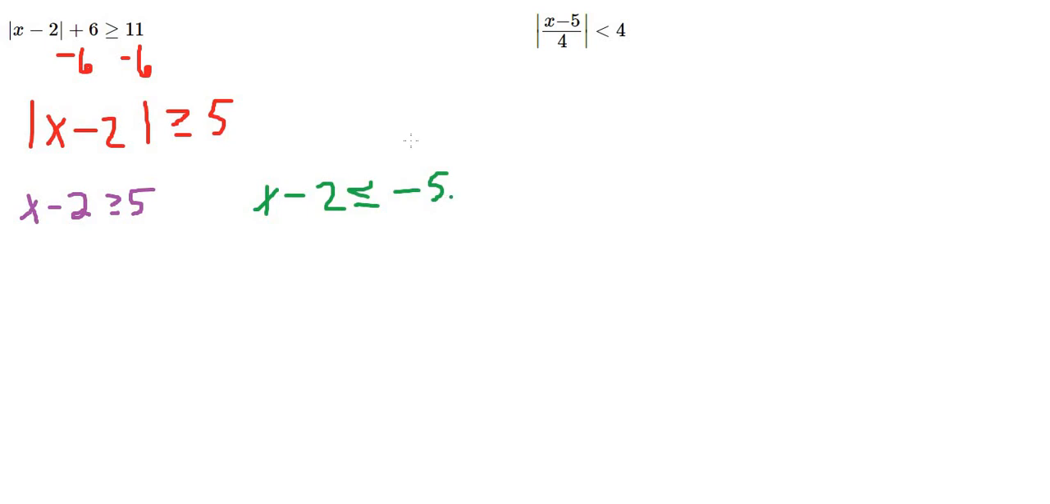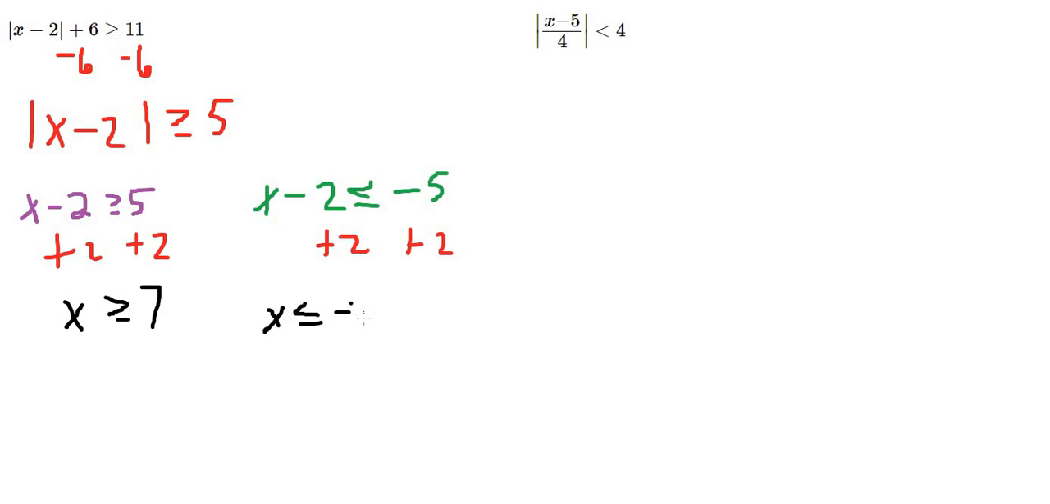And then we go ahead and solve this like normal just by adding 2 to both sides, to both inequalities. It's going to give us x is greater than or equal to 7, and also x is less than or equal to negative 3. So to write this out in interval notation, we're going to start with a negative infinity,